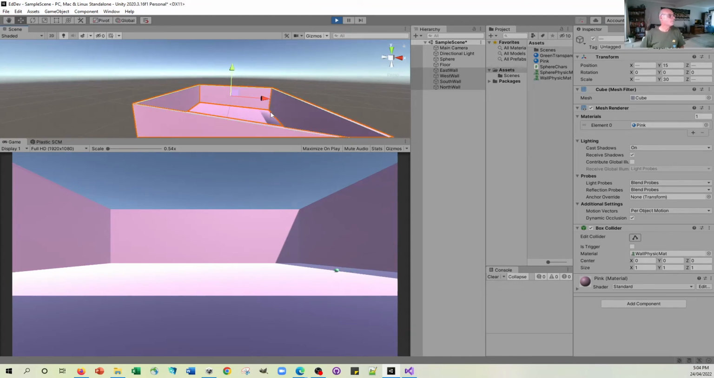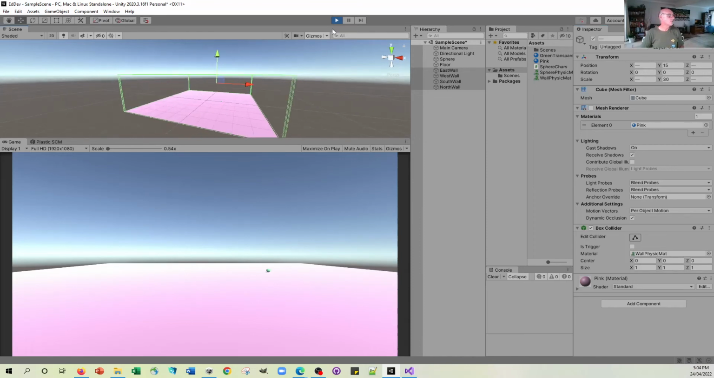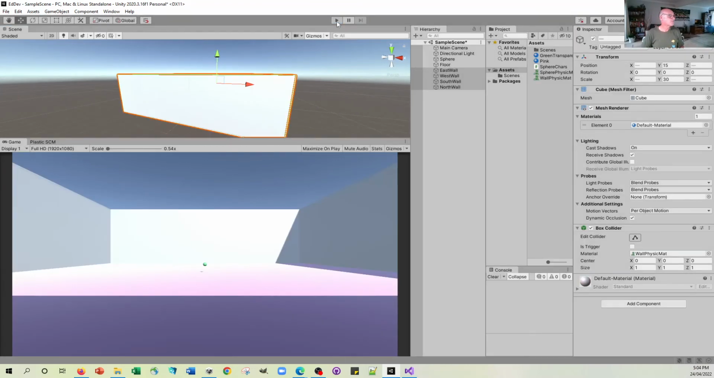Now, instead of making everything pink, I'm going to actually turn the renderer off. And that will mean that the physical structure is still there, the collider is still there, but the color isn't. The skin, the thing that's the material that's giving it visibility is not there. So now when we press play,